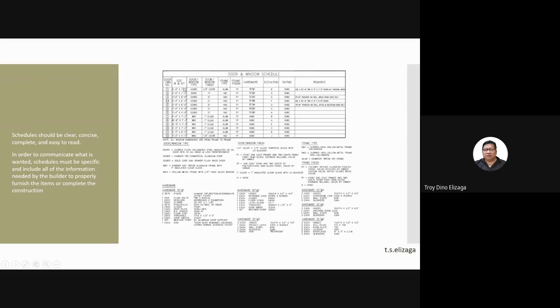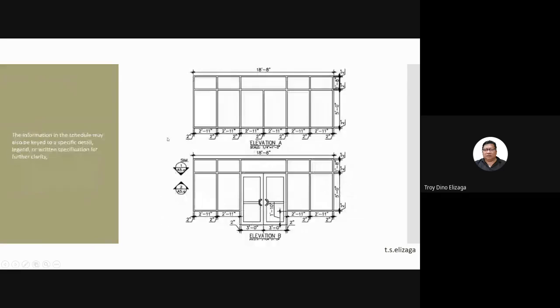Okay, so these are normally the information in the door and window schedule. You have the sizes and the door finish, frame finish, hardware, elevation. It's actually more complicated to combine the doors and window schedule, especially if the project is already big. That's why we have a different doors and window schedule. Aside from the doors and window table itself, we also make the elevation of each door and window.